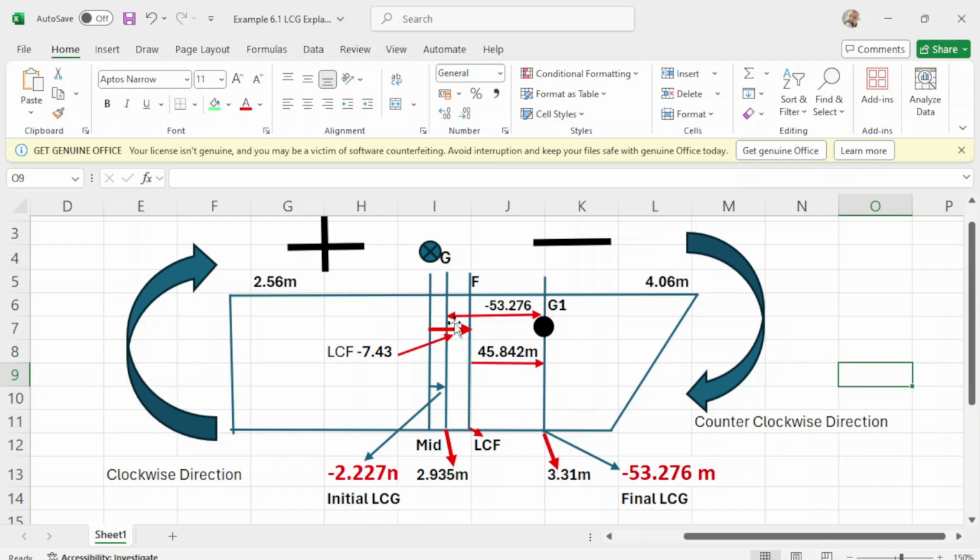If the center of flotation is forward of the center of gravity, of course the tendency of the aft part will go down, and the forward part will rise up. But since your center of flotation is behind, the tendency of your G is to sink, and your stern will rise up.